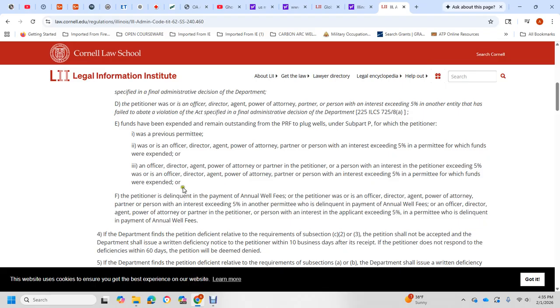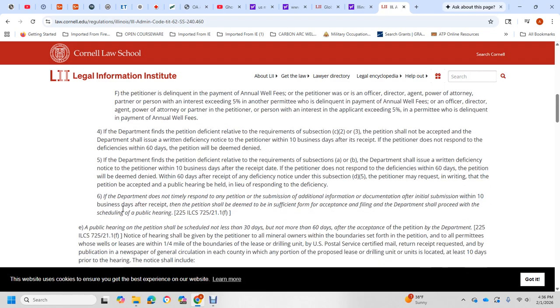Regarding the payment of the annual well fee, the position was an officer, director, agent with power of attorney, partner, or person with an interest exceeding 5% of the permittee dealing with payment of the annual well fee. If the department finds the petition deficient relative to the requirements of subsection C2 and 3,